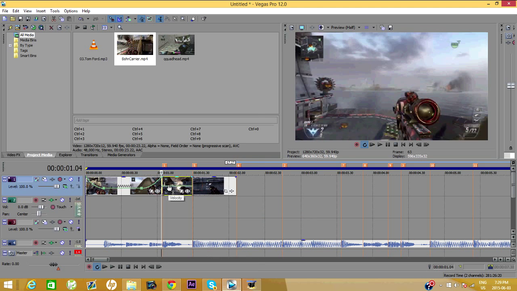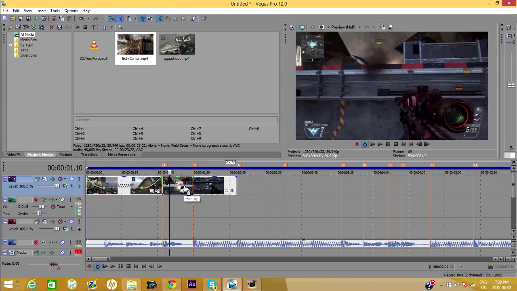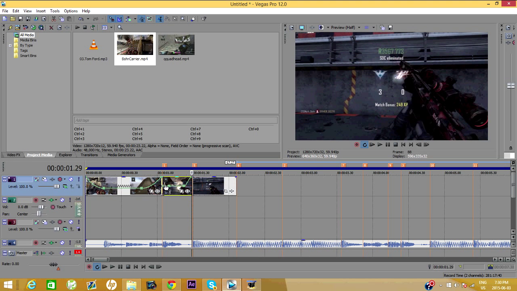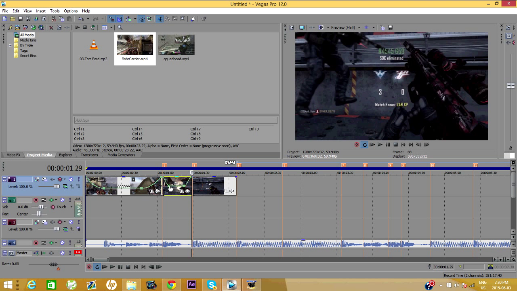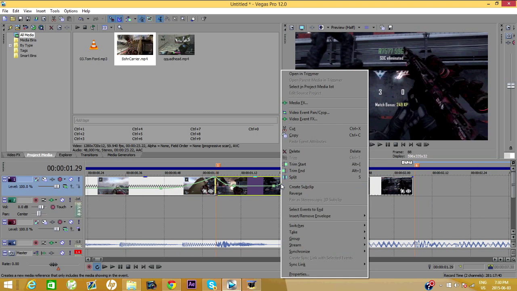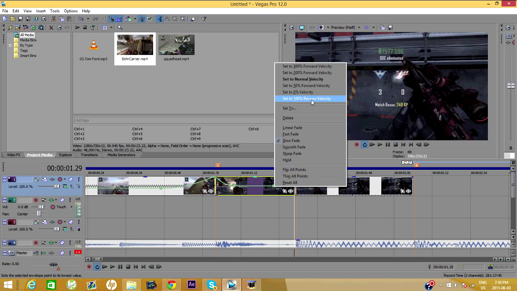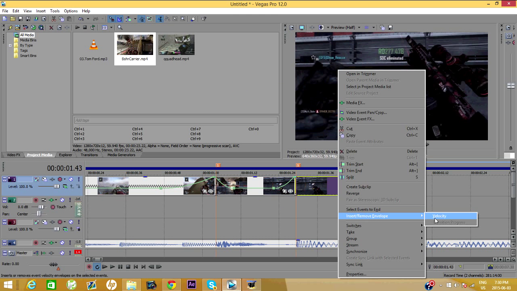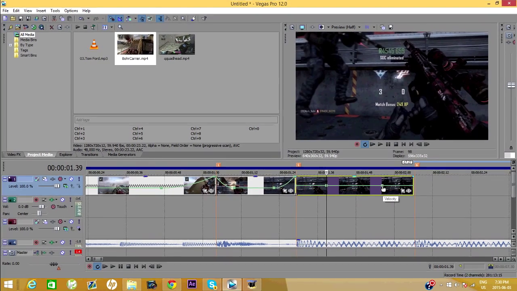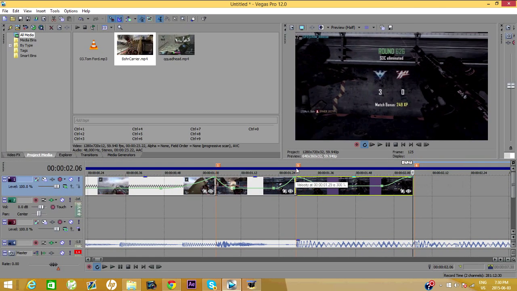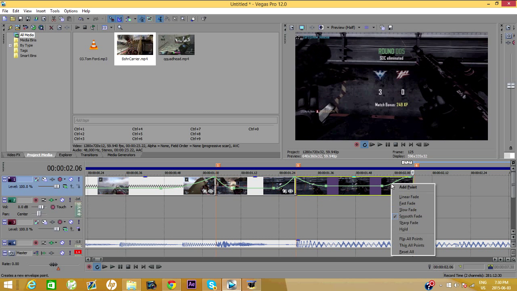So go quarter, make one, three quarters, make one, the end, make one. Again, it's double clicking on the line or Control Shift click. So go to the beginning, right click, fast fade, and right click, slow fade. Right click the two middle ones and set them both to 50. Sorry I'm repeating this, because you guys might be skipping through the video, so I'm just gonna make sure everyone understands this, because I had a horrible time understanding